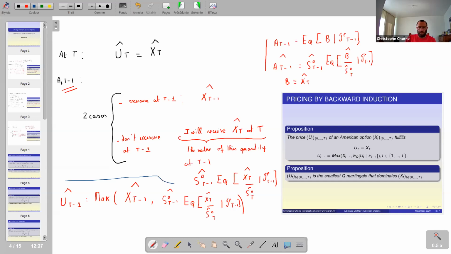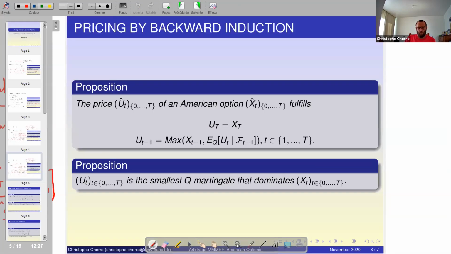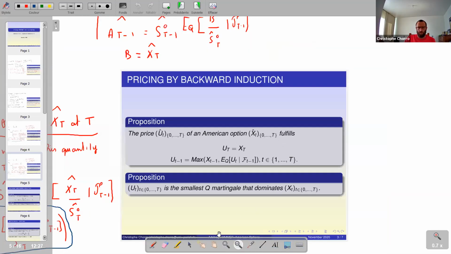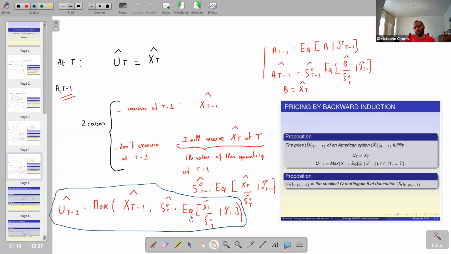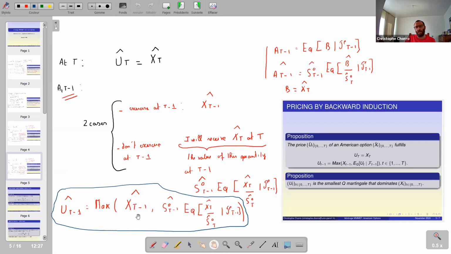So you have U T minus 1, that is given by this quantity. Doing my exercise here, I exercise or not, and then I take the point of view of the seller and the point of view of the buyer of the option. And if you do exactly the same at the other dates, you can obtain, as a generalization of what I have done here,